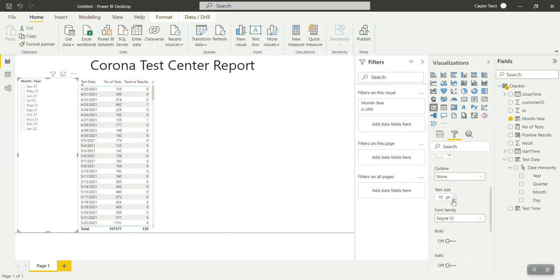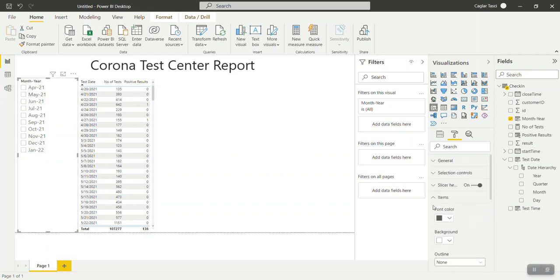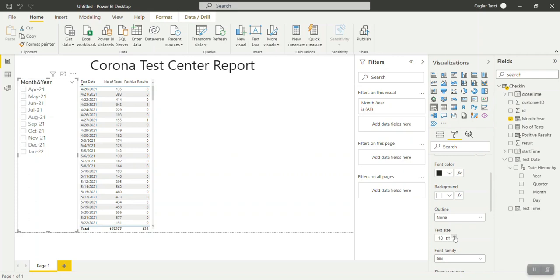So yeah, now you can see how this is working, and I will just put it at top plus bottom. So this is the outline that I have created, and now with this our slicer is ready, and you can slice and dice data through this. I will also adjust the size of this, and then I will basically create a line chart.